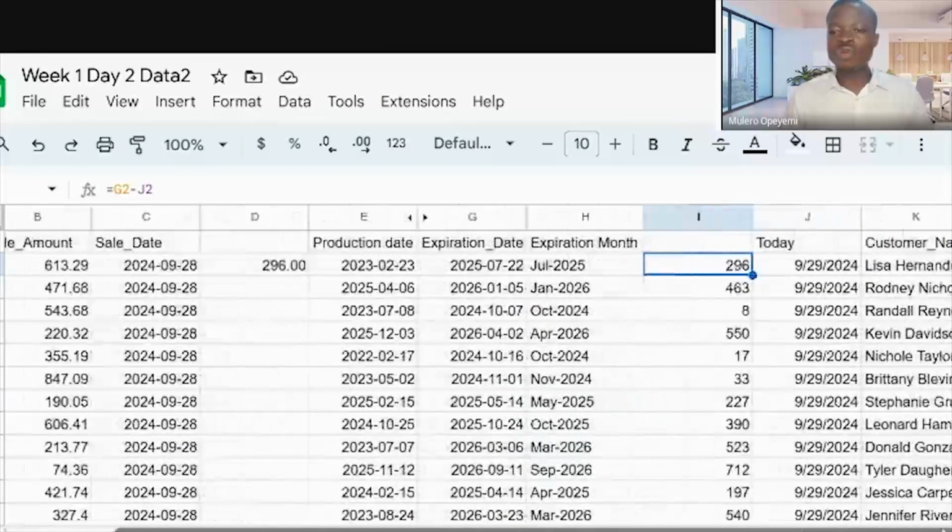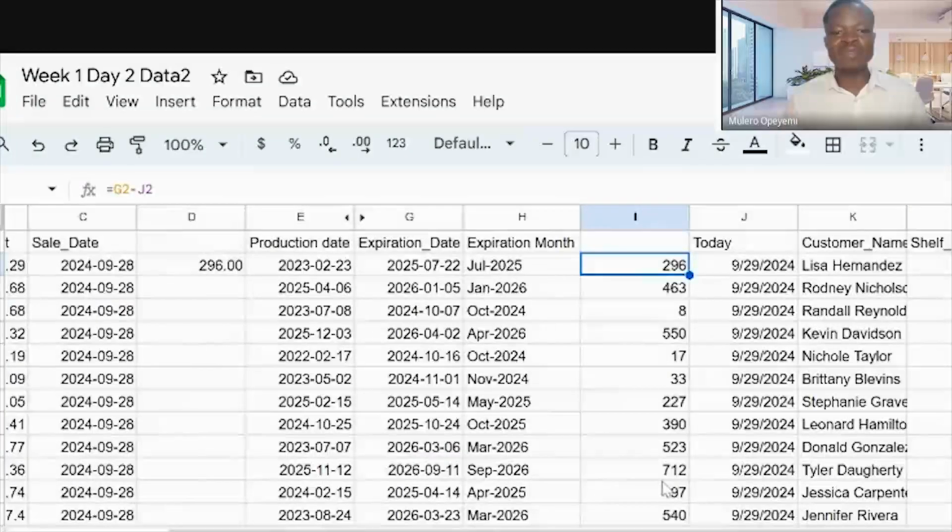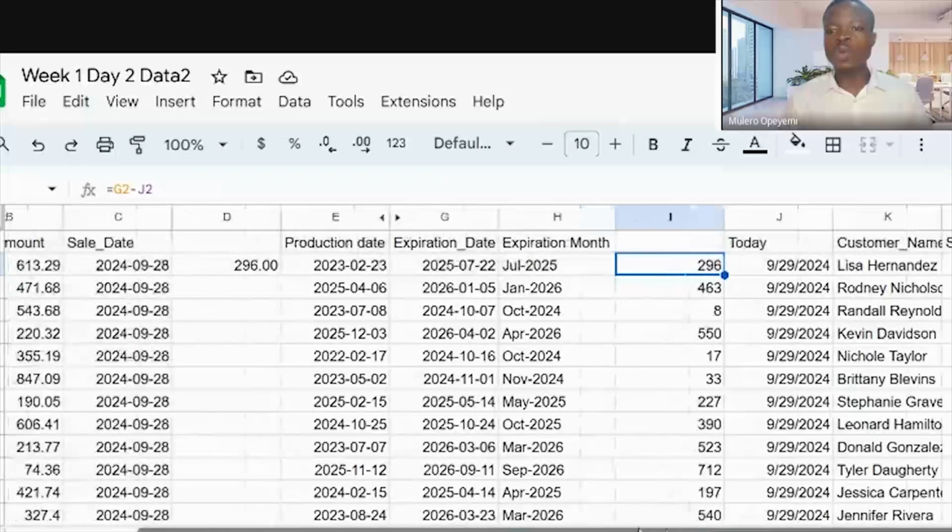we've been able to use this TEXT function to get our dates. Another way we can go about this is if I want a kind of format that will not have this slash. I want the date to be like 29/9/24, I'm sure you understand that. Or I want this date to be like 22nd, which is the day, 07/25. How do we go about that? We also use the TEXT function.